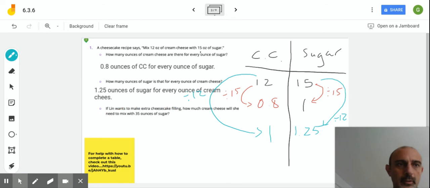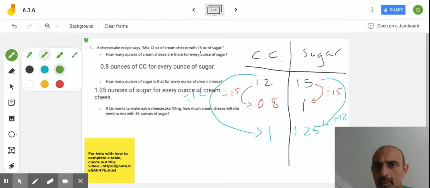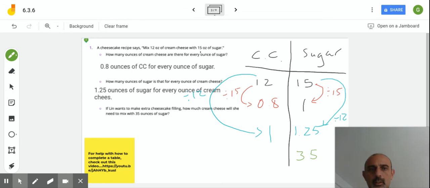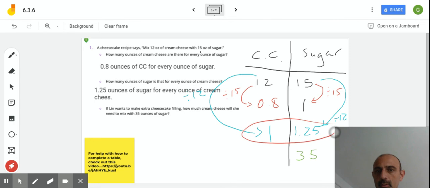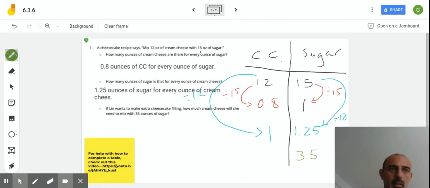So I'll do another color. Let's do green. And it says 35 ounces of sugar. So I'm going to put 35, not in the cream cheese section, but I'm going to put 35 here in the ounces of sugar section or column. And then I have my choice. I can either use this unit rate or this rate, 12 to 15, or I can use this 0.8 to 1, or I can use this. And for me, I want to use 1. 1 is an easy number to work with, so I'm going to take the sugar and I'm going to go,